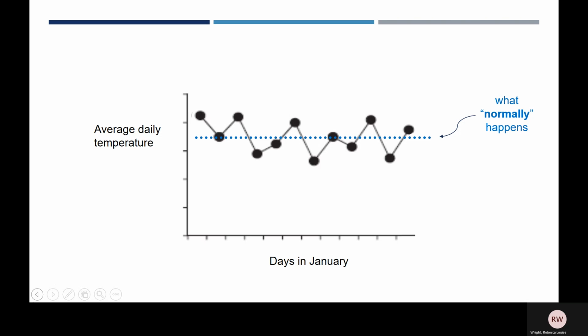The purpose of this horizontal line is to help us describe what normally happens, even though the actual situation may be different day to day. For instance, we know that average temperature in winter is 3 degrees Celsius, even though it can be colder or warmer on different days. This average value gives us an idea of what is normally expected in winter, even though the actual temperature day to day is different. To say whether things are the same this winter or that the climate has changed, we first need to know